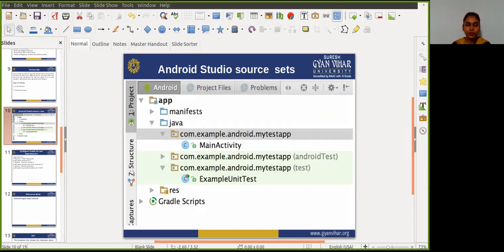You may already have the Android testing support library installed in your Android Studio. To check the Android support repository, follow these steps.